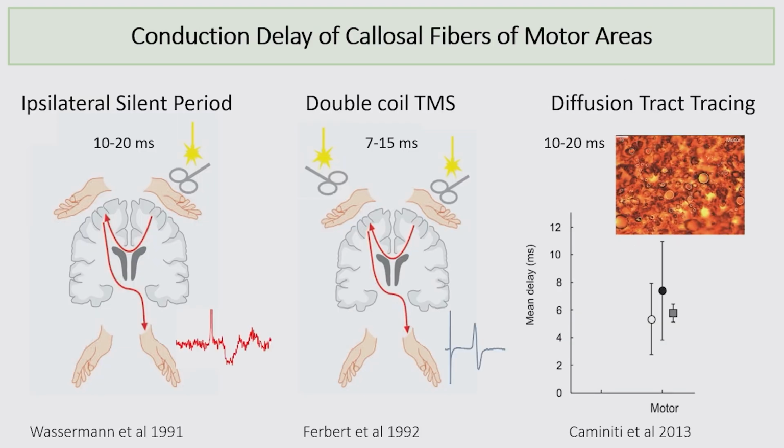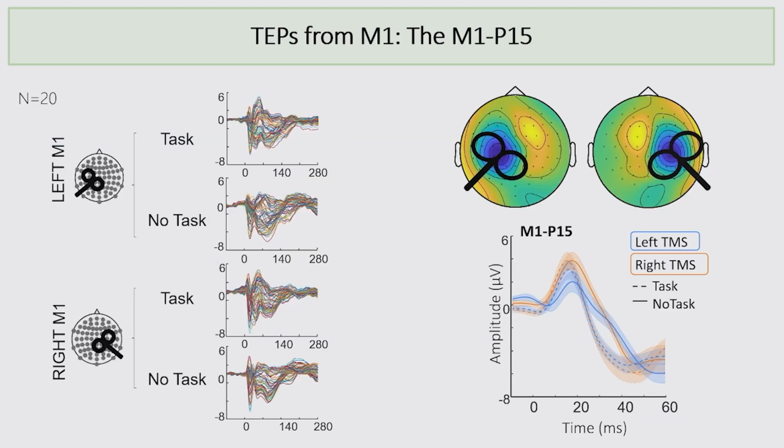And we looked at various studies to estimate when we should expect a transcallosal activation in the contralateral motor area. In the motor system, the transcallosal conduction delay has been estimated with different techniques that you can see in the slide. And they've shown slightly different results, but overall, the transcallosal conduction delay is in a range between 7 and 20 milliseconds. So at this stage, in the TEP response, there is a component that is called N15, and is located